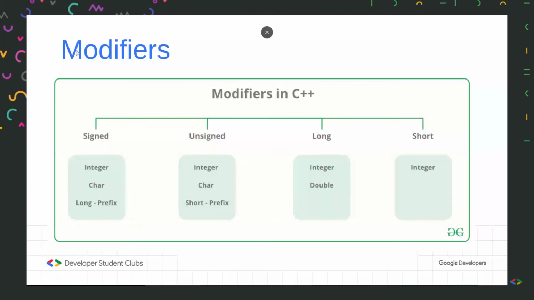Okay, and these are modifiers. Modifiers are used to increase or decrease the range of our data type. So if I specify a long integer, the range of that integer will increase, or a long double, the range of that double will increase. Similarly, I can reduce the range using short, and these are signed and unsigned. This we will cover in bit manipulation. Unsigned means we'll never be using negative numbers, so we get more memory to store the numbers because we'll never have to store negative numbers. So we'll have all our memory to store the positive numbers. You'll understand this when we use bit manipulation, and it will be covered in a later lecture.